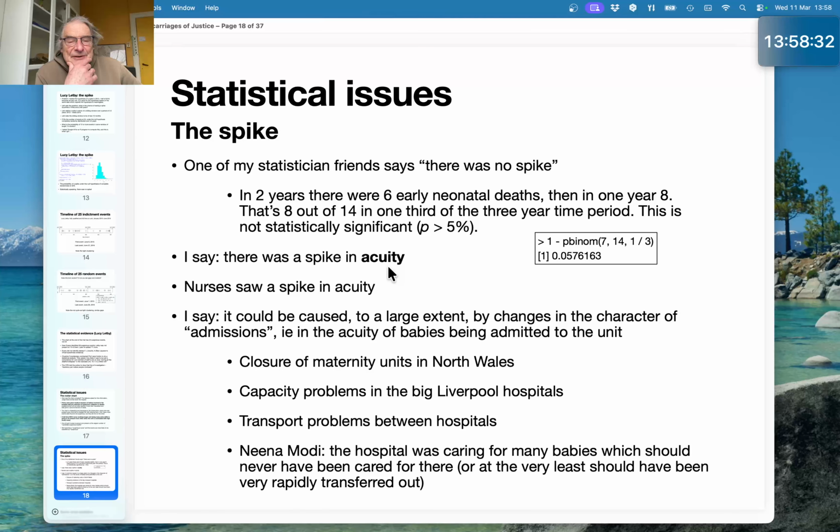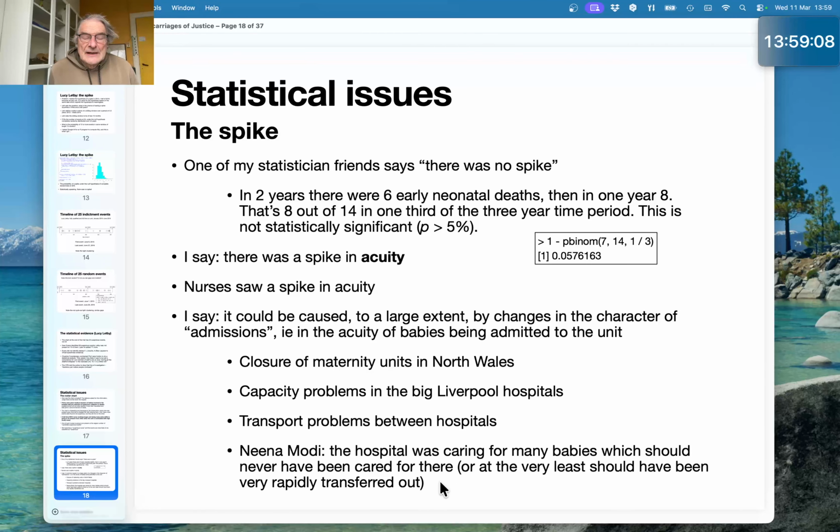The mother and the baby should have been immediately shipped to one of the big Liverpool hospitals, and that just didn't happen, and in the meantime everything went wrong. Nina Modi, neonatologist, past president of the Royal College of Pediatrics and Child Health, and member of the team of experts put together by Shuli,